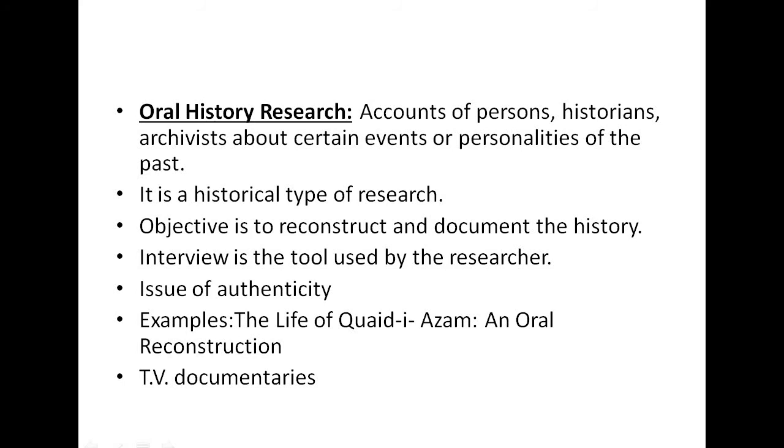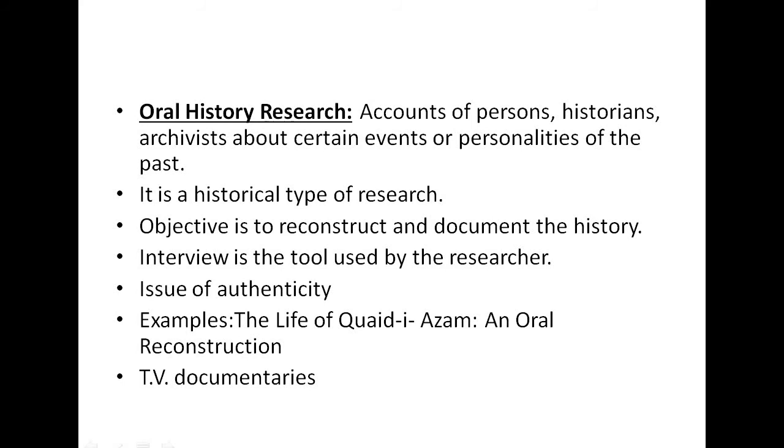Similarly, there are so many historians who have written something about Qaeda, not only in Pakistan and India, but all over the world. So we will visit those people, we will take interviews, and through these interviews, we will try to reconstruct the